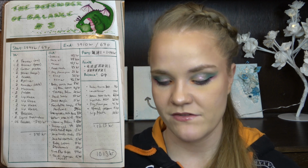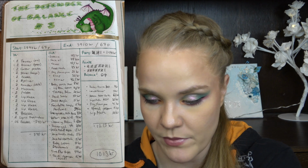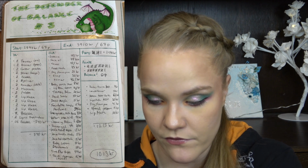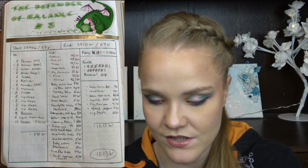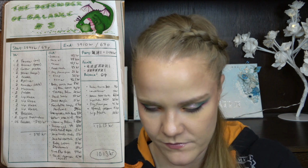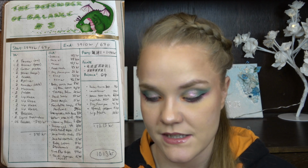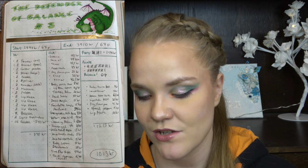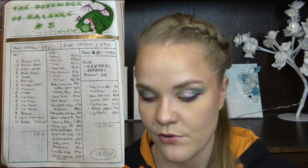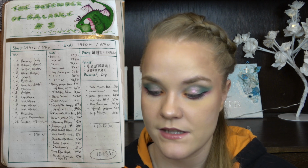So where were we? A hand scrub, $5, a sheet mask for $1.5, a foundation sample for $1.5, a perfume for about $5, the intergalactic bath bomb from Lush for about $7, a serum for $5, a cleansing balm for $6, a shower gel for $2, the Ursula peel-off mask for about $1.5. We have the Sense vanilla mask. Oh, it's a face mask for $1.5. And then another face mask for $1.5, a body lotion for $5, a deodorant for $5,